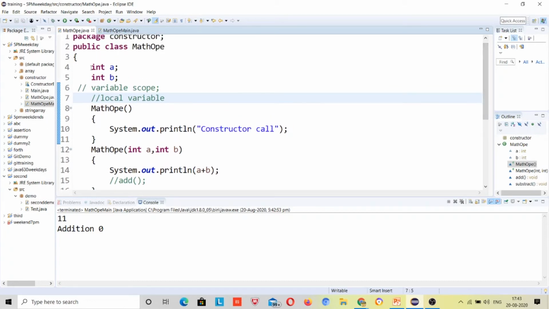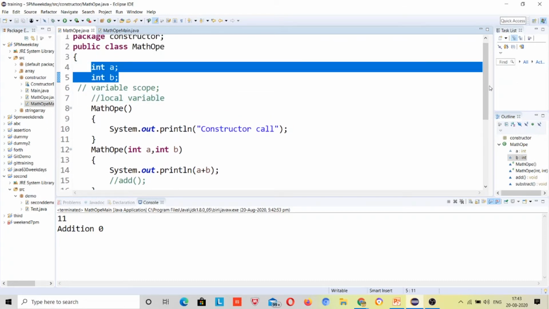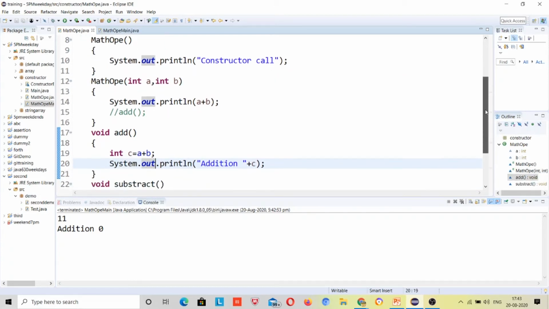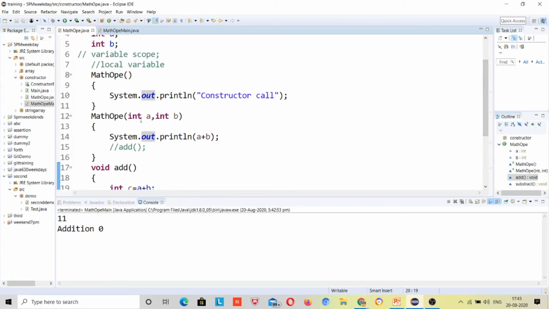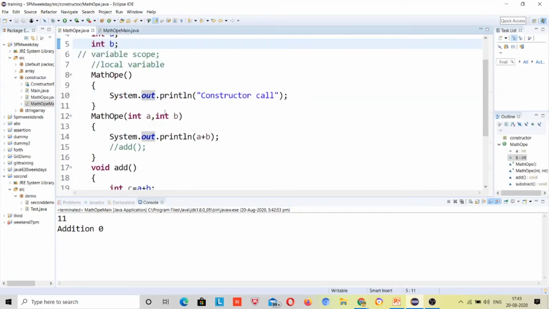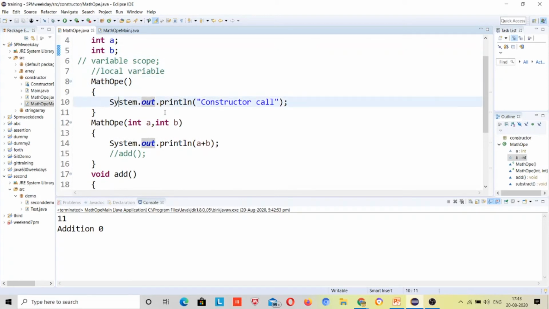Those you define at the class level, while these were defined inside this constructor. So they lose their scope inside this method. If I had defined int a and b at class level and assigned the values, it would have worked with that, right? I will explain the scoping part later, but this came across, that's why I explained.